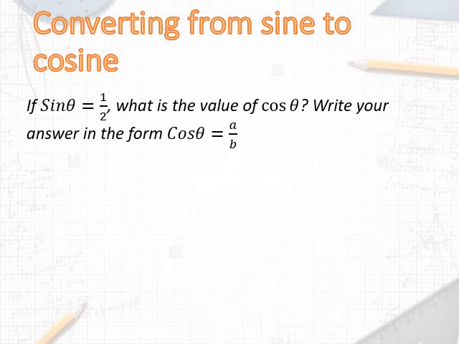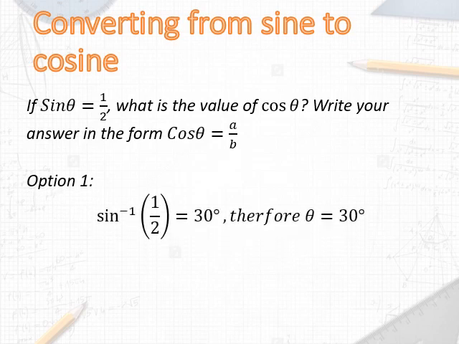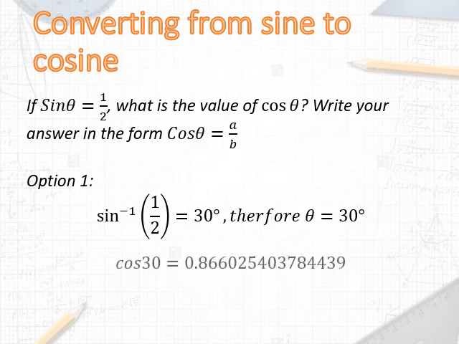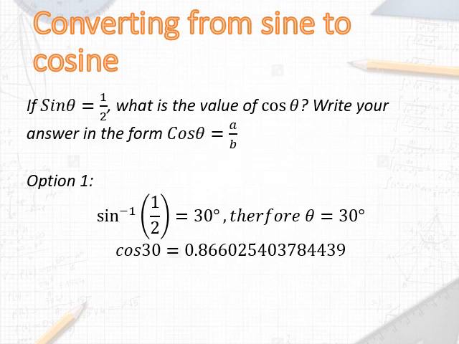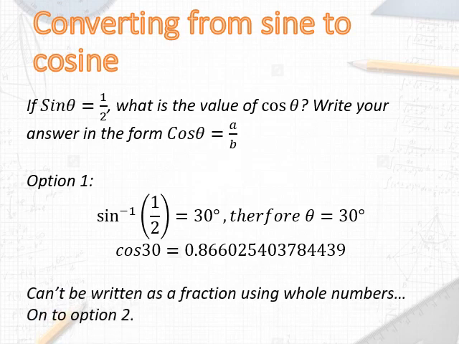If sine theta is a half, what is the value of cos theta? Write your answer in the form of A over B. All right, so we do the sine inverse of a half, we get 30 degrees. This is that first option, so figure out the angle. So then we'd want to figure out what is cos of 30 degrees. It's an irrational number, so getting it into fraction form, not possible in this case. So then,